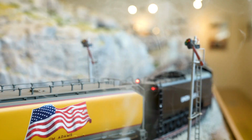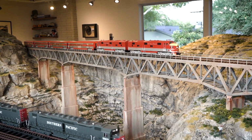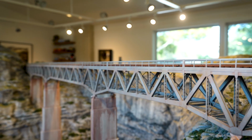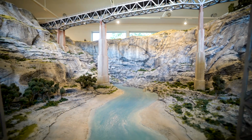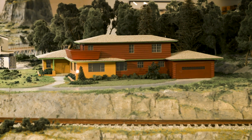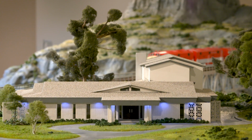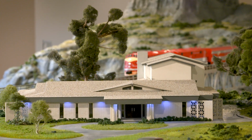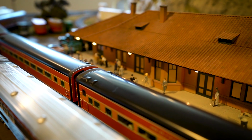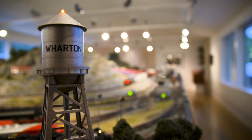An impressive 13-foot-long model of the Pecos River High Bridge in West Texas, one of the most famous railroad bridges in the United States, is the focal point of the design. There are special features scattered throughout, including models of the Rosenbaum family's first home in Riverside Terrace, along with their Meyerland house. The 1913 passenger depot in Wharton was restored by architect David Bucek, who also worked on this home's